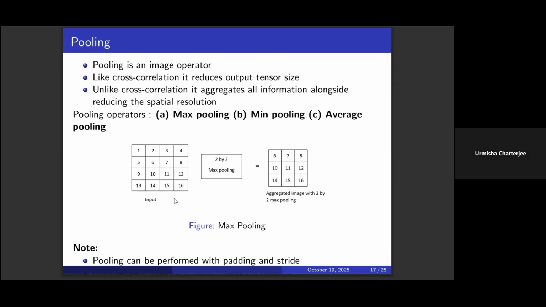That is what is essentially done. And besides that, if we have multiple input channel images, that means three-dimensional images, there we have to do pooling separately for each of the channels. So in case of pooling, you cannot increase your channel size. Whatever is your input channel size, you will get the same output channel size here. But the next two dimensions, that is the image size of each channel, get greatly reduced.